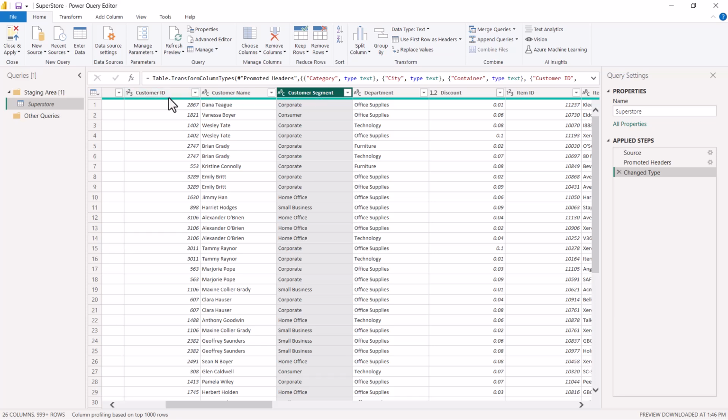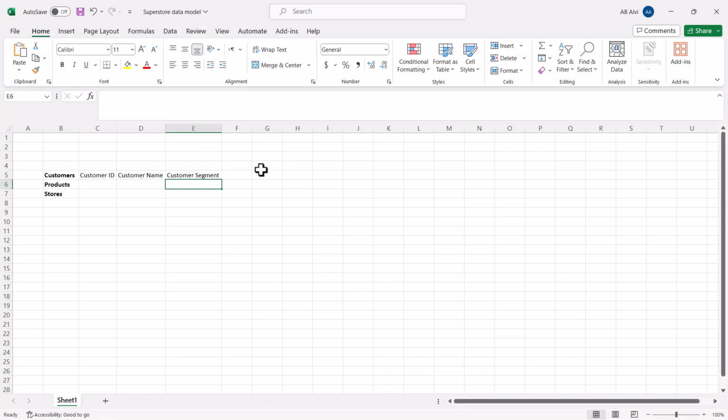So I will just go back and I will write down the names of these column headers in my Excel sheet. So I have come back to my Excel sheet, and I have just put down the names of these three columns, customer ID, customer name, and customer segment, in front of my customer dimension or my customer business entity or customer entity. So now I'm going to go back and search for the